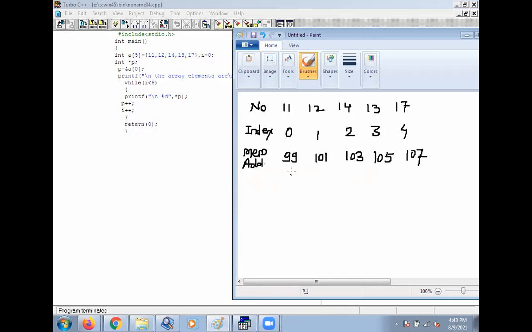Okay. Then you declared an integer star p, and p is equal to &a[0]. So p is equal to &a, the address of 0th element. So p is equal to 99.